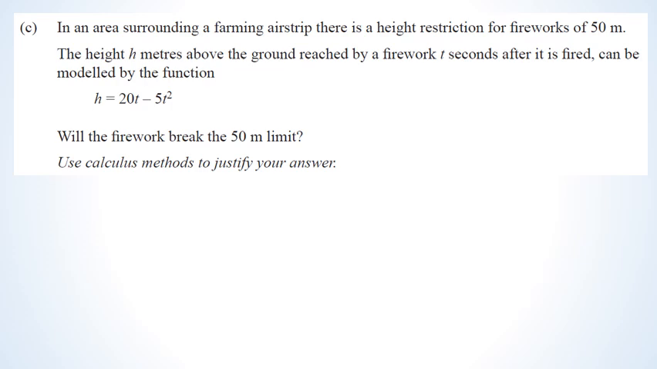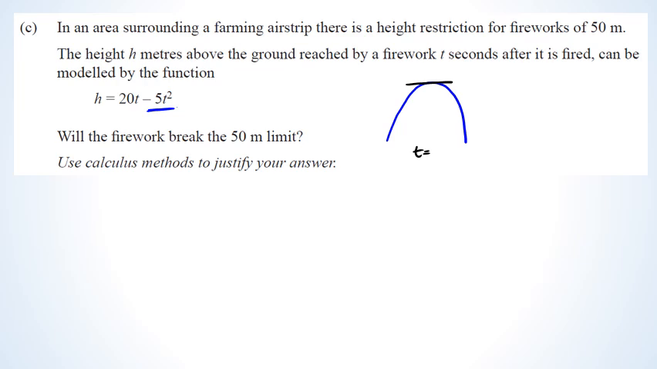So for the next question, it says in an area surrounding a farming strip there's a height restriction. Okay, 50 meters. Fireworks after it's fired. Okay, so basically what we have is we've got a parabola that we're working with, and we're trying to figure out, will the firework break the 50-meter limit? So what we can do is differentiate the function and set it equal to 0, because when we put it equal to 0,